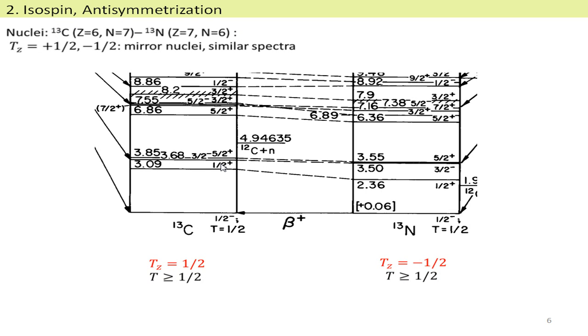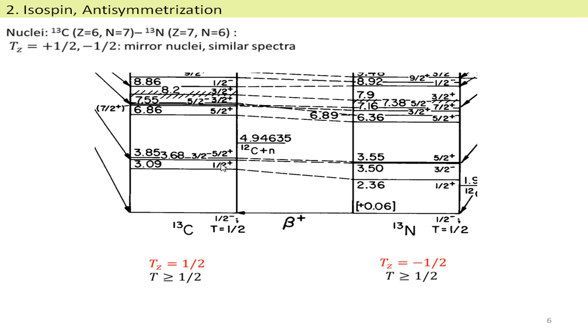Okay, so this is an example for mirror nuclei, carbon-13 and nitrogen-13. Carbon-13 has 6 protons, 7 neutrons, and vice versa for nitrogen-13. So the total isospin is +1/2 for carbon-13, -1/2 for nitrogen-13. And you can see that the spectra are rather similar. And there are differences because of the Coulomb interaction. Of course, the Coulomb interaction doesn't respect charge symmetry, and this is why you have slight differences between the two